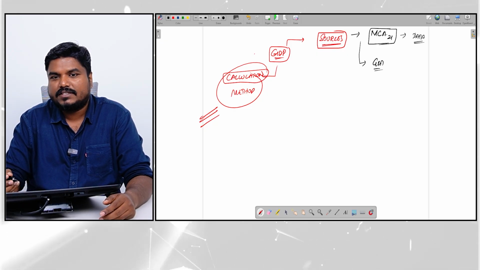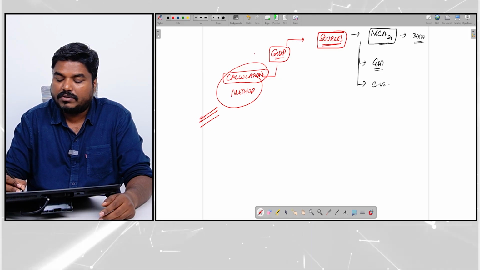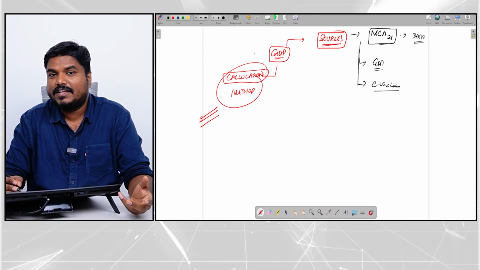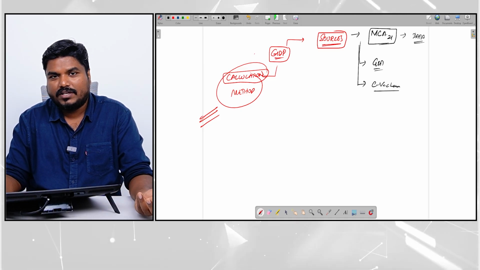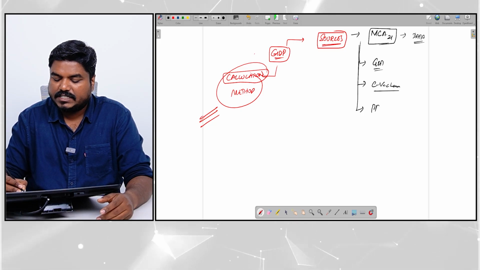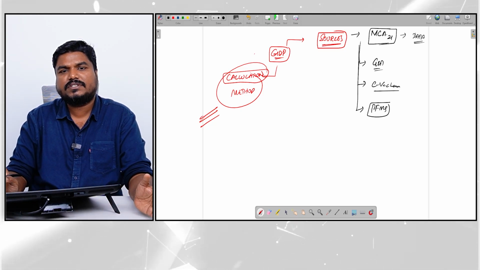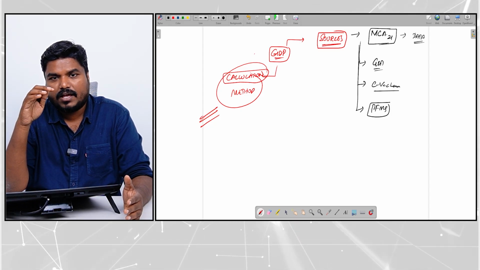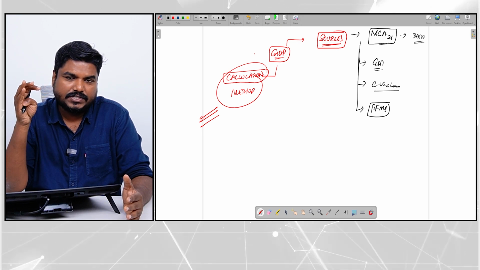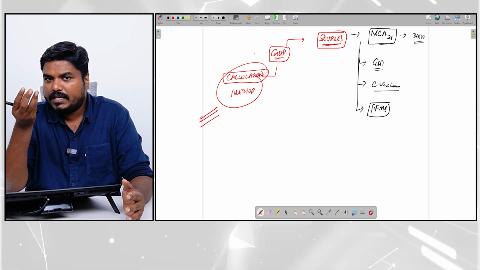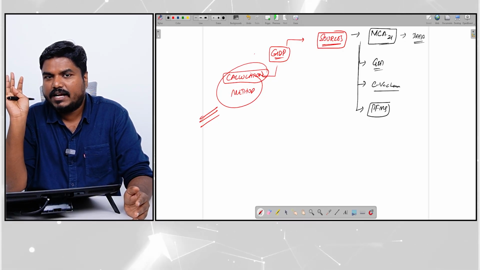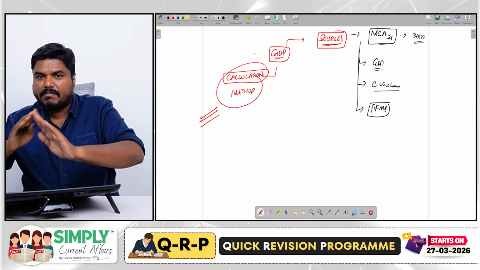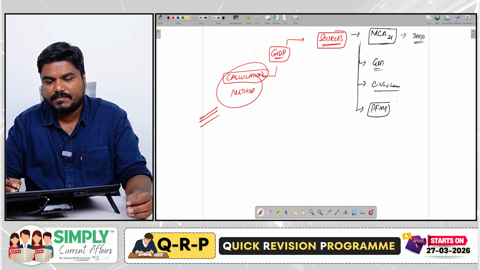Of course, GST information, and the e-Vahan portal. The e-Vahan portal will give you an idea of the number of automobiles being registered, through which we will come to know the output in the automobile sector. Public Financial Management System. This is a portal which was introduced in 2009, if I am not wrong. This portal will give you an idea of the implementation of various schemes. The money spent on various schemes, real-time data, government can see in this PFMS portal.